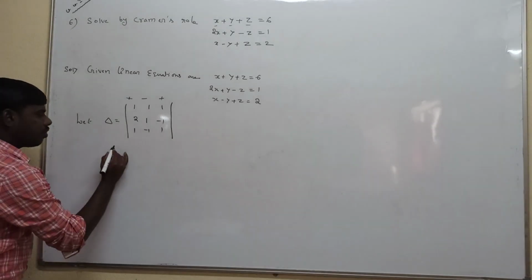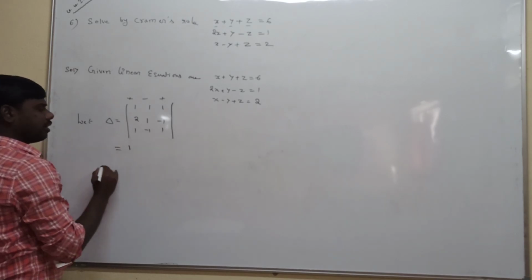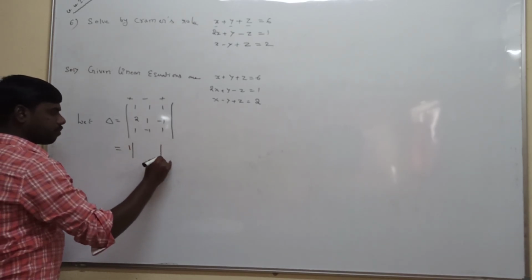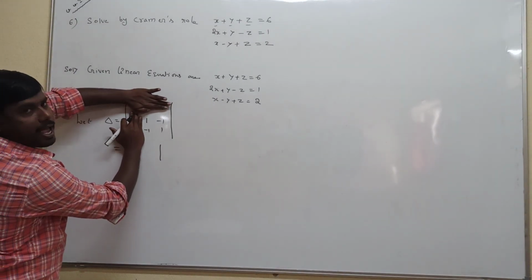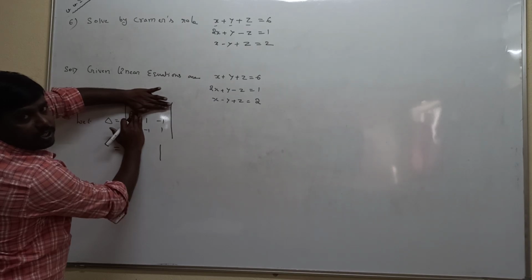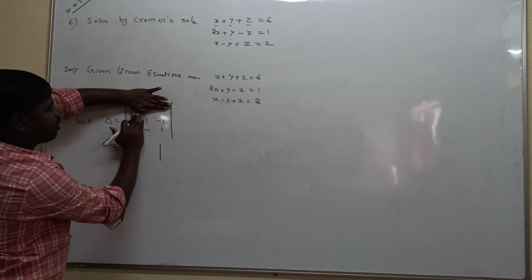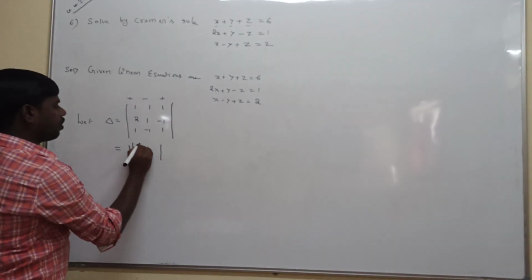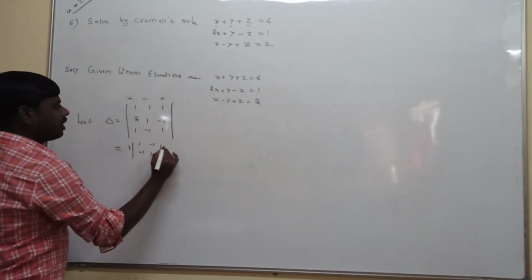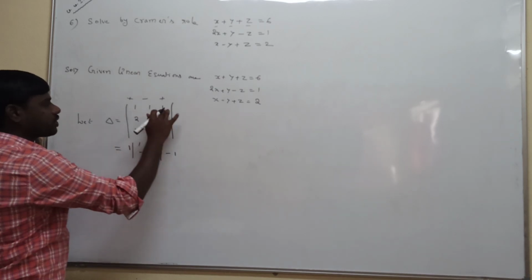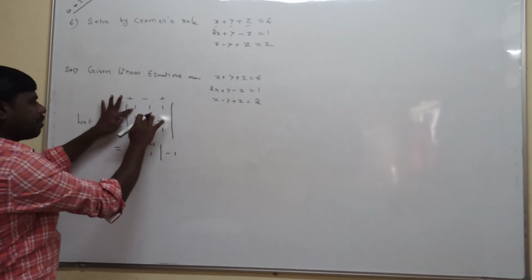Now see the question, how to find this. First, take the determinant for the 1 present in the first row and first column, which is eliminated. The 1 is present in the first row, and its first column is eliminated. The left-over elements we can write: 1 minus 1, minus 1 1. What is the symbol here? Negative. The second element is 1. You take only the first row elements, one at a time, and the remaining elements are taken after eliminating that row and column.